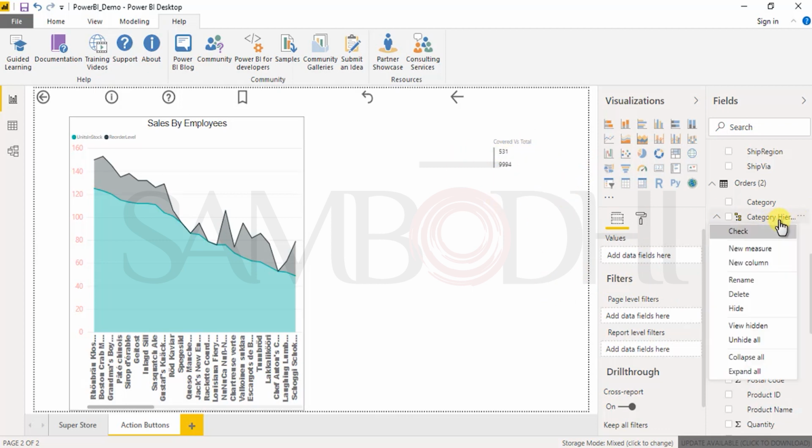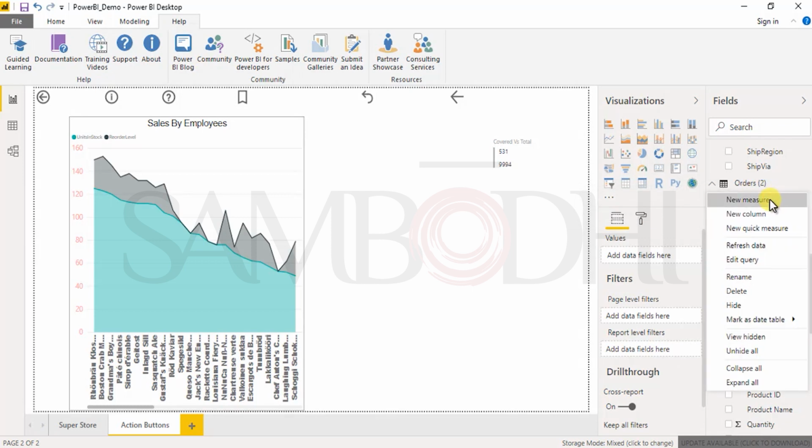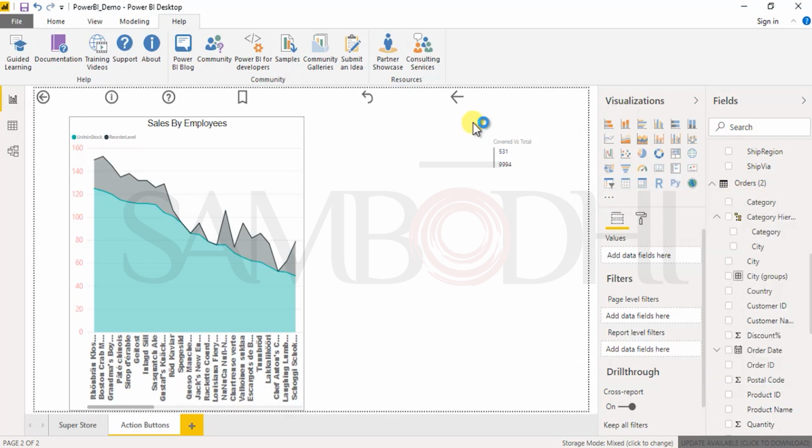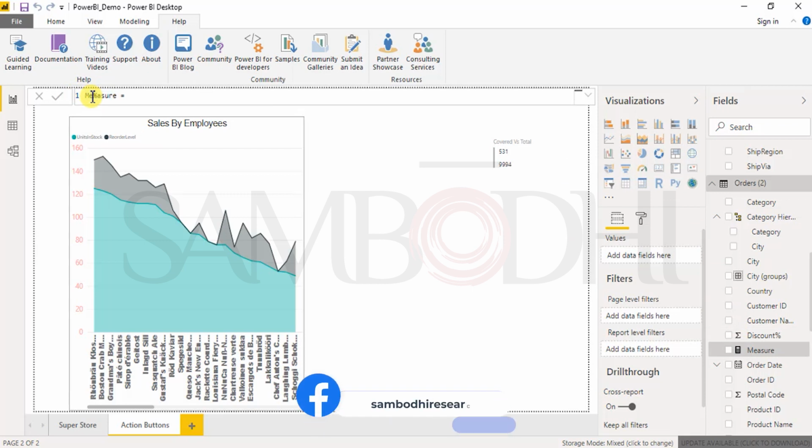So what I'll do is I will go into orders. I will write a new measure because I'm finding the count, right? So if I do a new measure, what I'll say percentage, just have a look. Let's go into a little bit detail of this card option, how you can make use of it in an effective manner. Percentage coverage, if I call it,